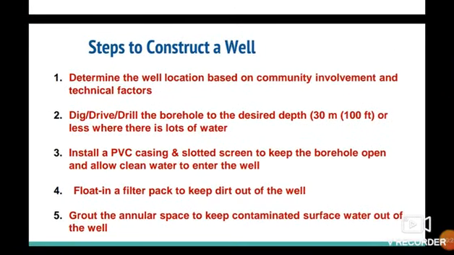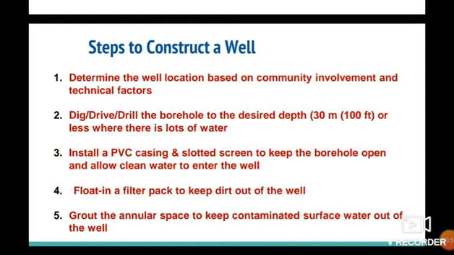There are 11 steps. First step is you have to find a proper location for constructing the well. The location should be selected in such a way that we analyze where groundwater is present, and whether the slope is sufficient for the groundwater to flow. According to all these factors, we will select a proper location for constructing the well.